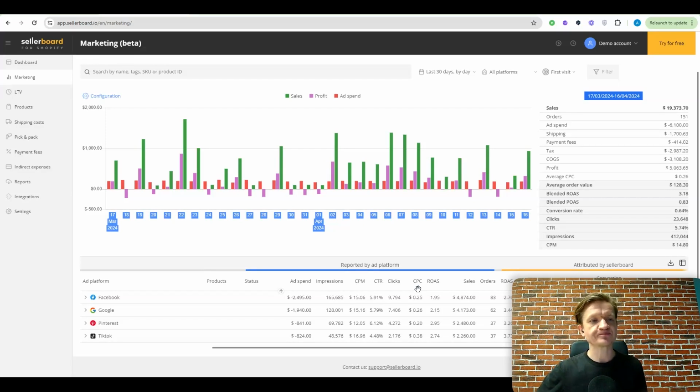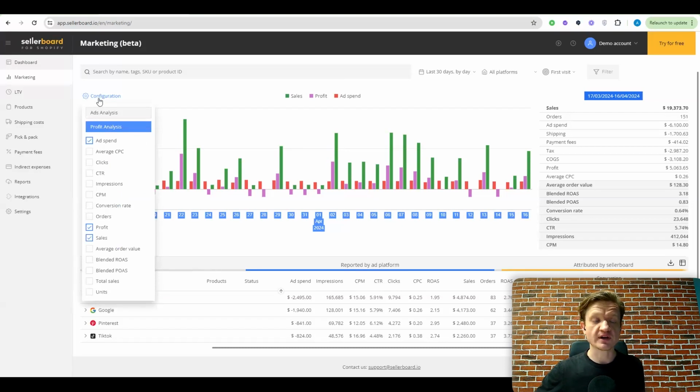First of all, in the marketing dashboard, we have a chart that gives you information on sales, profit and ad spend, so you can analyze the overall performance of your marketing campaigns by channel. If you want, you can also include other metrics here.